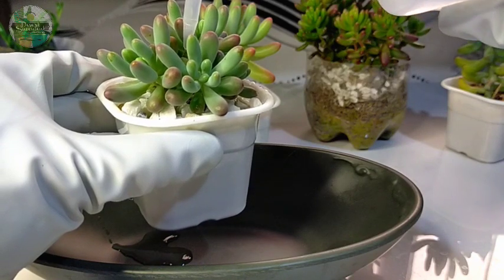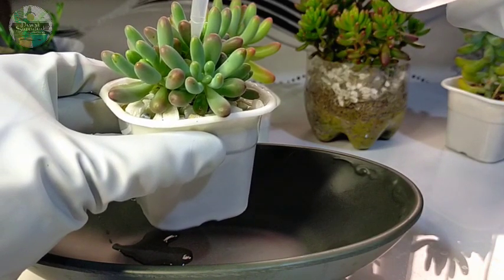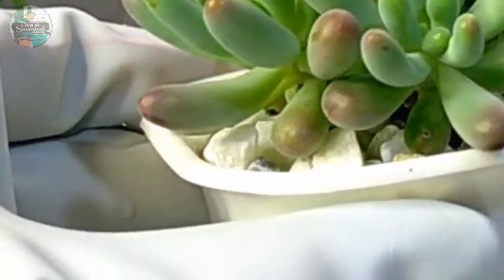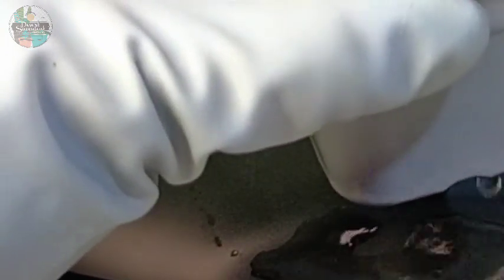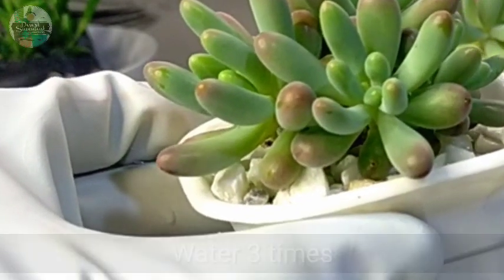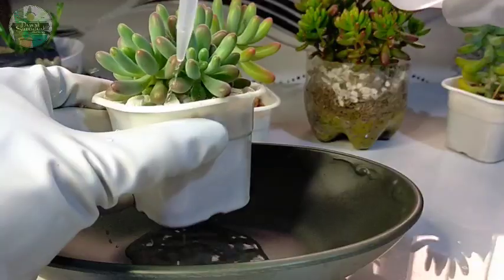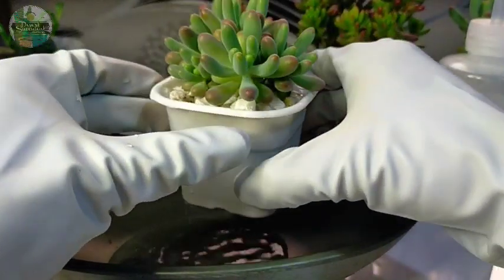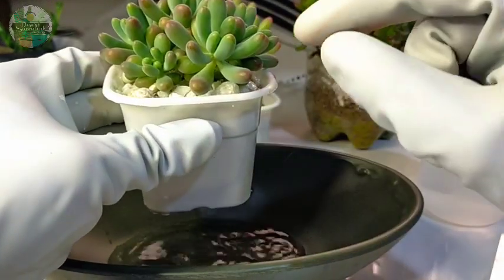Ayan, so even here, ayan siya. So, ganun ka-dry yung ating soil. And ayan, nag-start na siyang mag-drip all over. And since it's gonna be a soak and dry method, we need to water yung ating succulents 3 times. Ayan. So, making sure na all areas are watered, kasi sometimes ang problema pag well-draining yung ating soil, pagkadilig natin